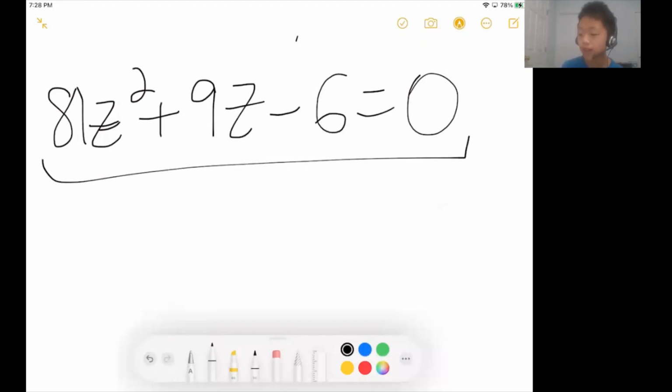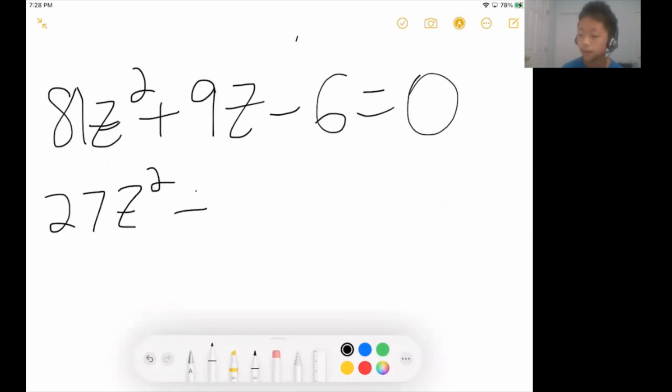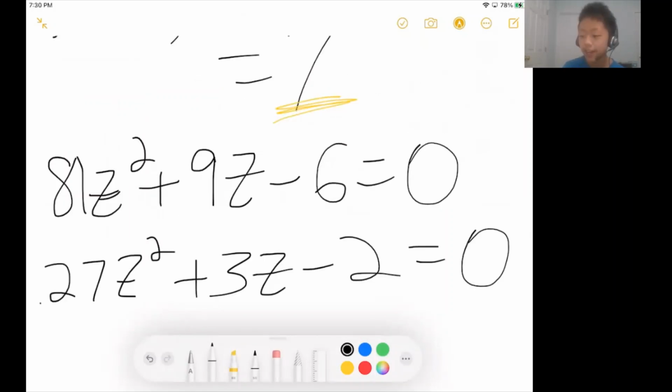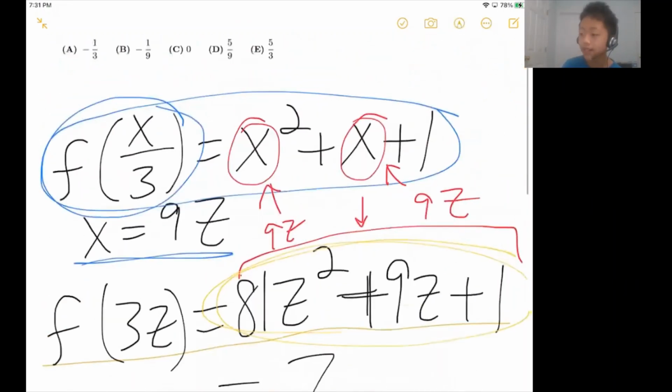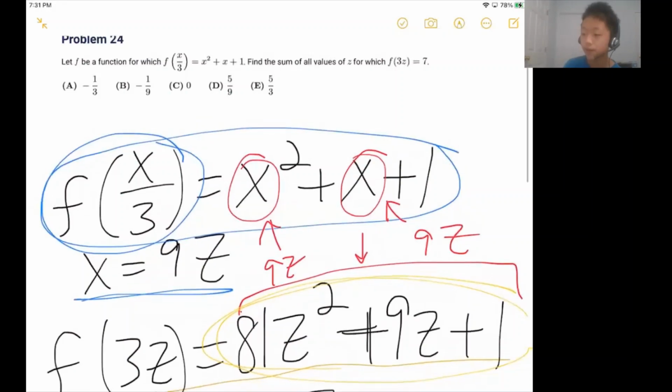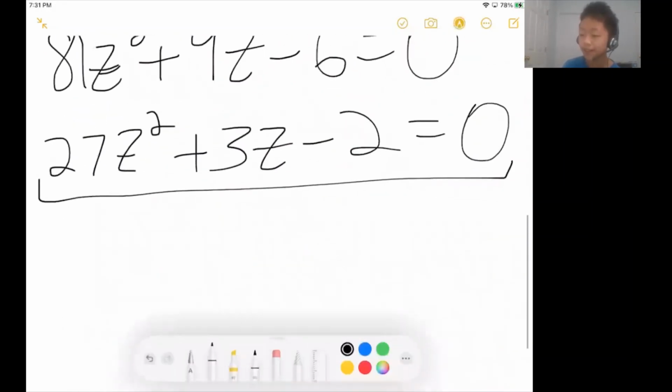One thing you can first do is divide the entire equation by 3 just to simplify it a little. So I can write this as 27z squared plus 3z minus 2 equals 0. One way you could go is to directly solve the quadratic using the quadratic formula, but that's not cool. The original question asked us for the sum of all values of z for which f of 3z equals 7. There's something called Vieta's formulas,